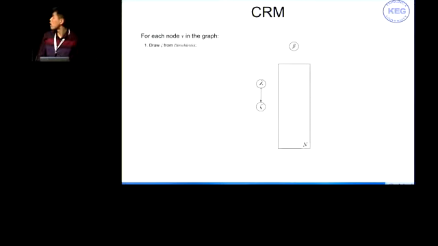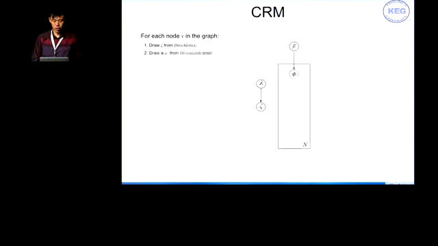So based on these above assumptions, the authors propose a probabilistic generative model called the community role model, or CRM for short. They use this model to represent a social network, and the complete model can be divided into three components, each generating one of the visible elements respectively. The first component is to generate links.